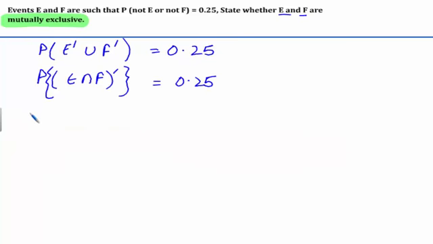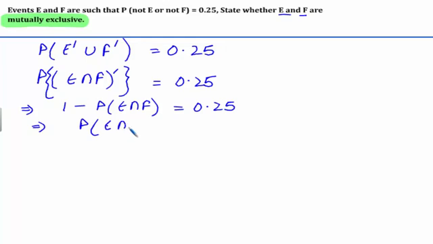This further implies that 1 minus probability of E intersection F is equal to 0.25, which implies that the probability of E intersection F is equal to 1 minus 0.25, which is equal to 0.75, and 0.75 is not equal